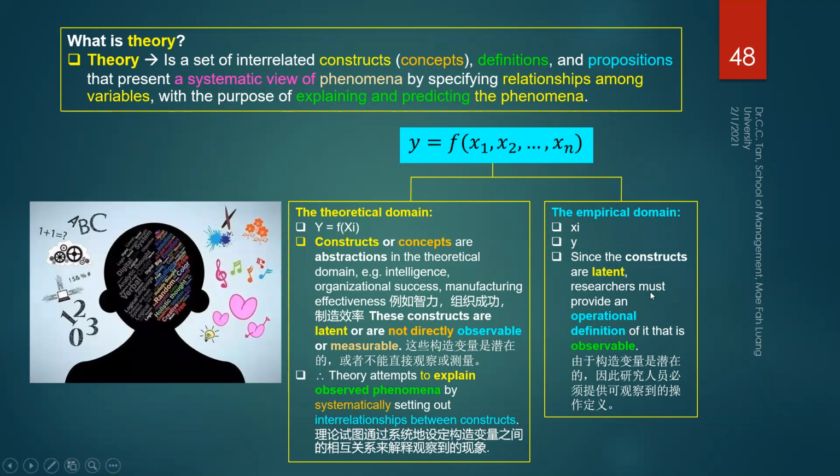And this, we need to give an operational definition to the latent construct, okay, that will turn the theoretical latent construct into observable indicators. So we can observe them. We can observe how the organizations behave in the X sense.